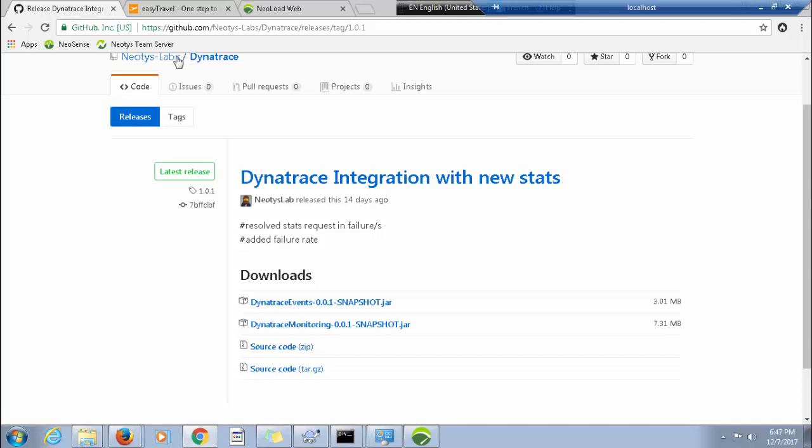So you can follow the GitHub account, of course, and the account that you should follow is Neotys-labs, with the S. And if you want to look at the Dynatrace integration, you will look at the /Dynatrace and you will see